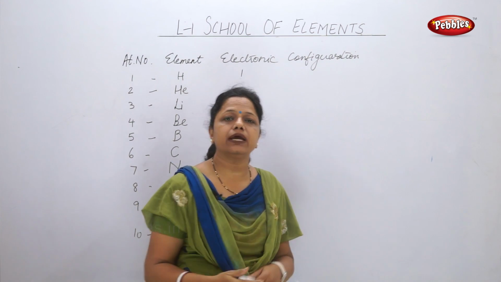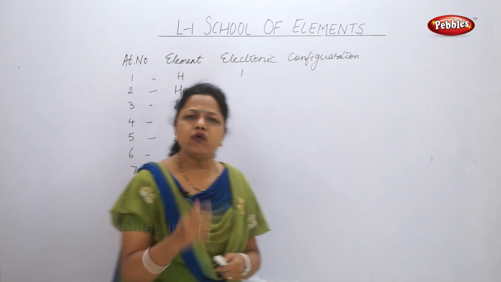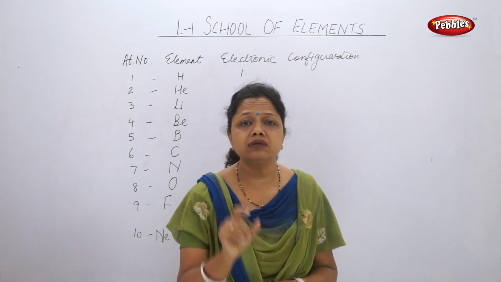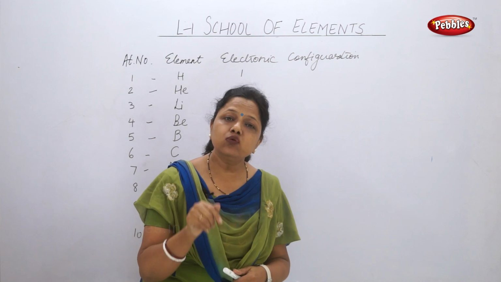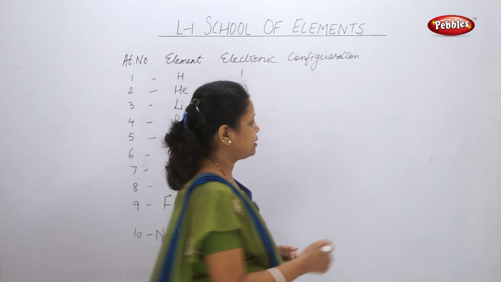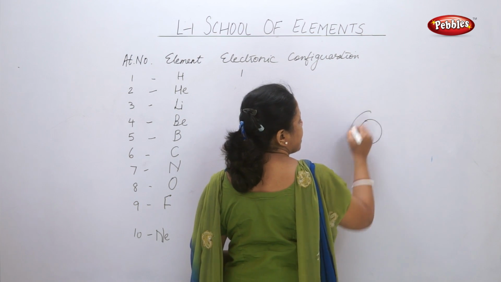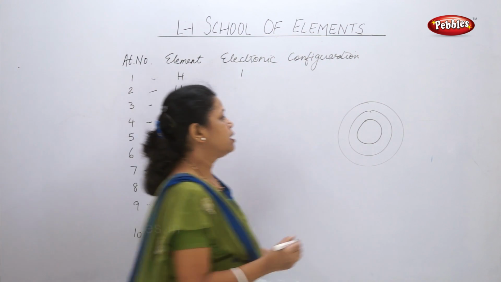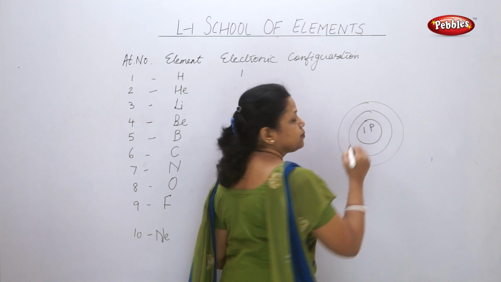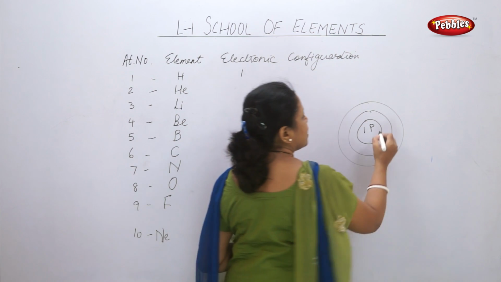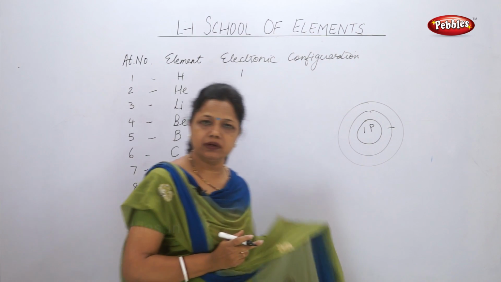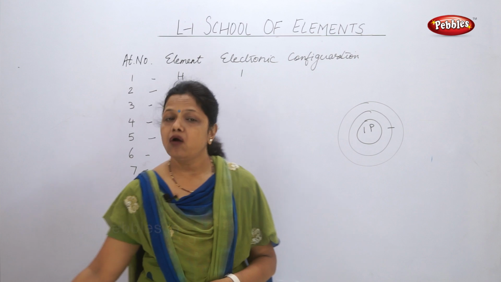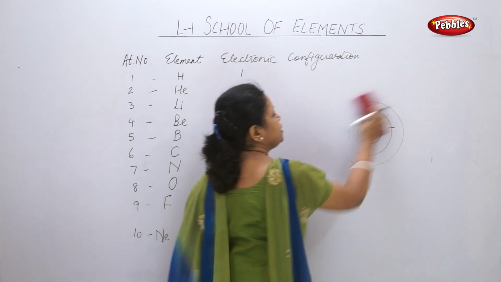So we have to arrange according to the atomic numbers. What does this atomic number show us? The atomic number shows the number of protons present inside the nucleus of an atom. Now every atom will have in center nucleus and the shells, right? Now if I am talking about hydrogen, one proton is present inside the hydrogen and one electron is present in the first orbit. In hydrogen there will be no second orbit. So this is the way we are seeing what is the electronic configuration of each element.